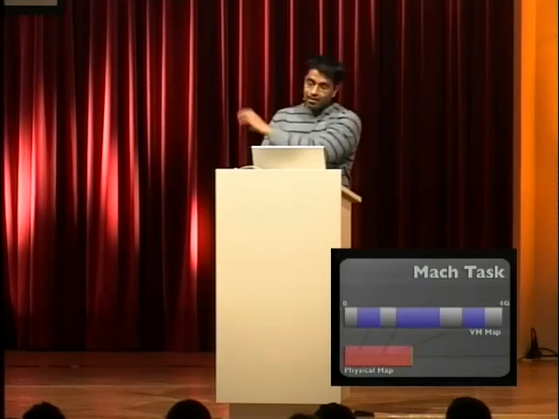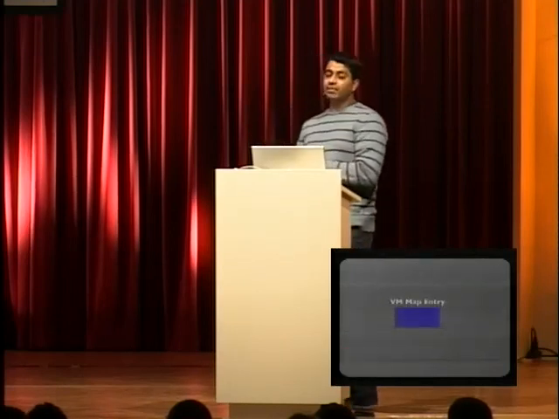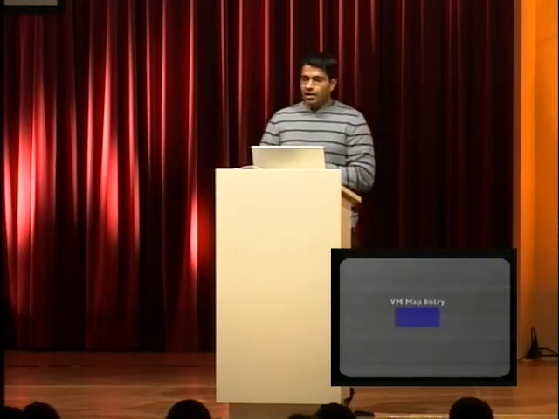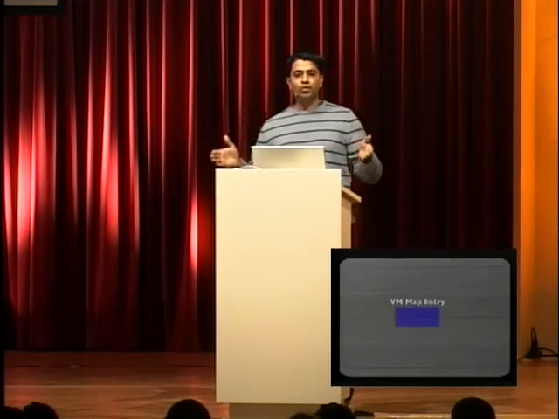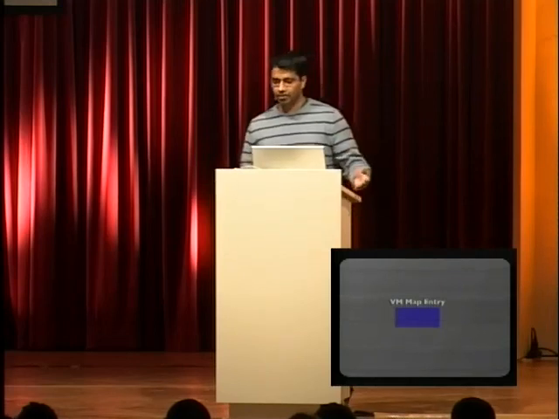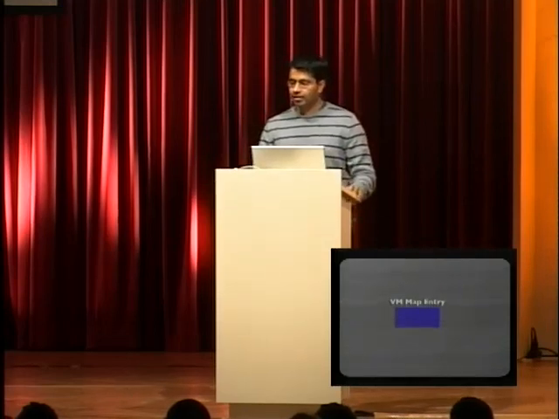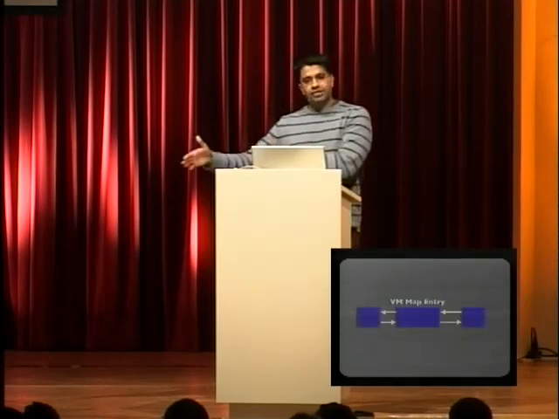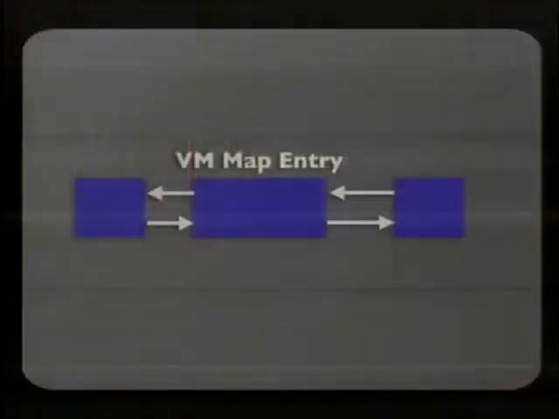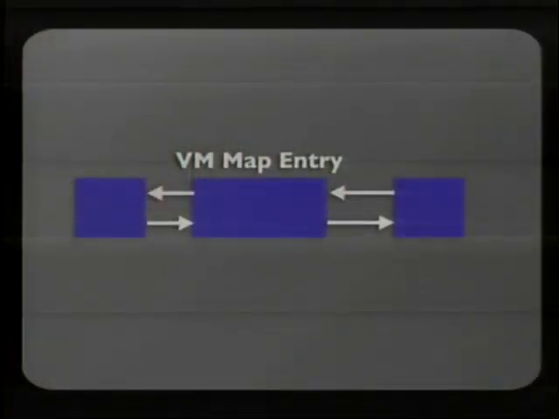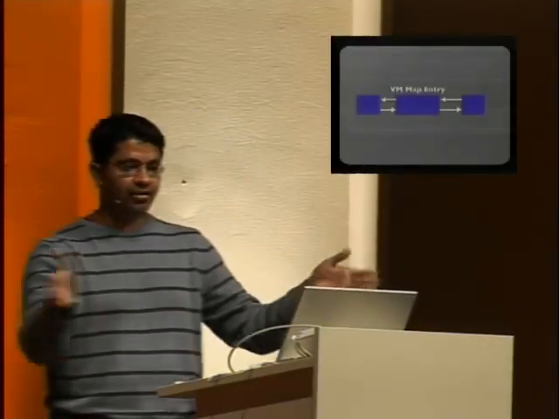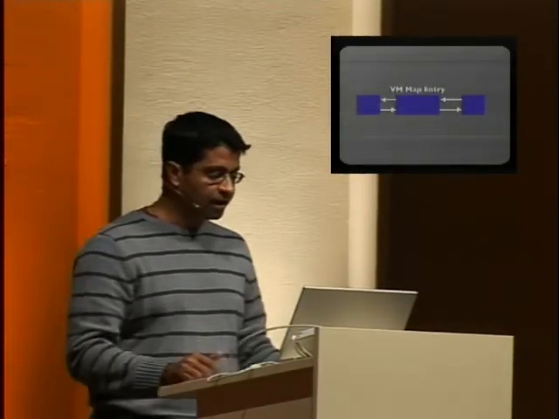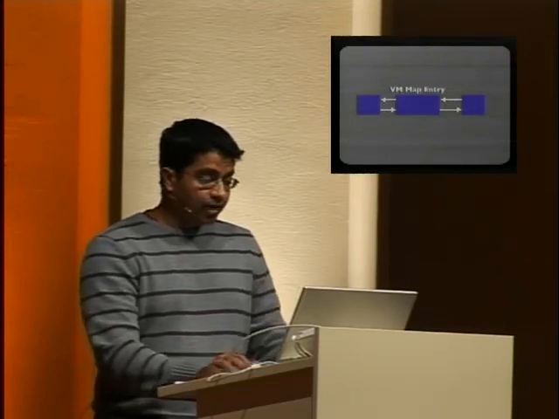So if the whole thing is a VM map, then one of these blue things is a VM map entry. A VM map entry is just a contiguous range of addresses with the same properties. That's all it is. When I say properties, I mean the same sharing, the same inheritance, the same protection. And in fact, you have a doubly linked list of all these VM map entries. If you go and change some address range in the middle, using mprotect or something else, then it's going to actually split it into 2 or 3 based on where you were. So, okay, so far so good.